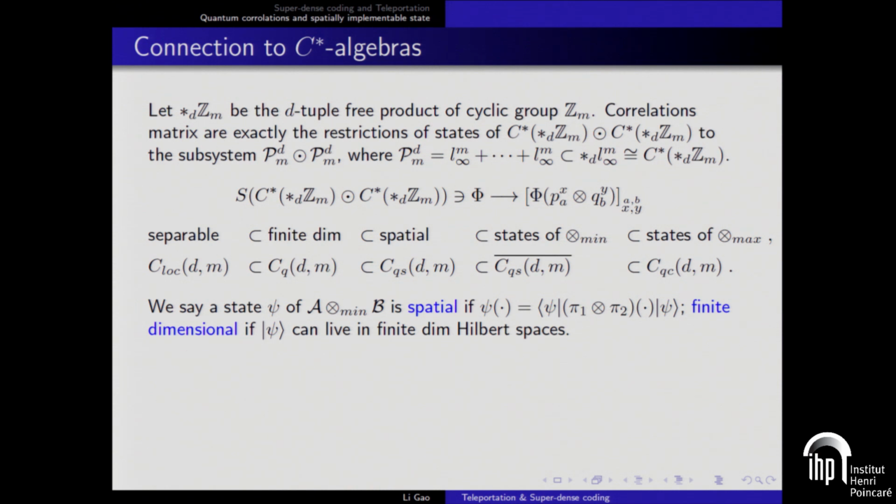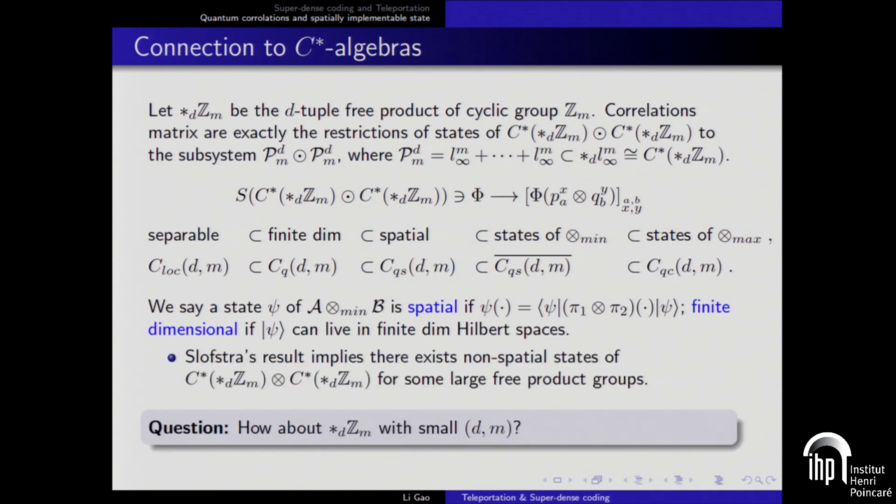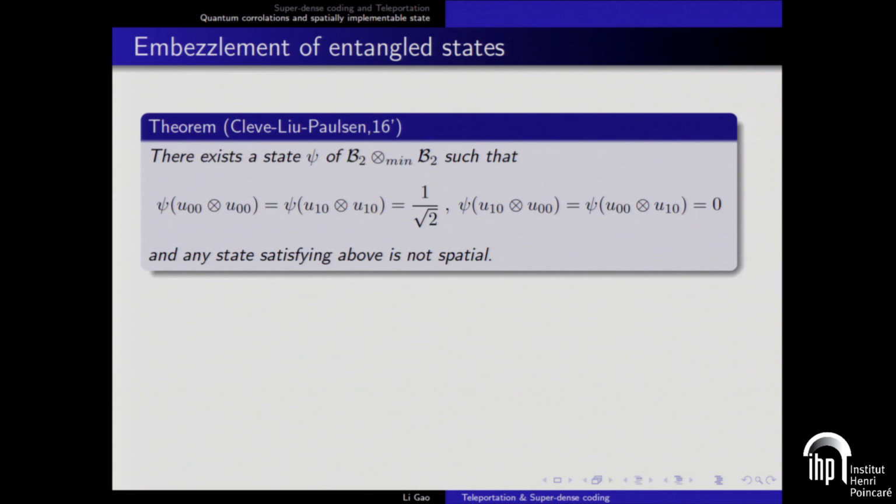So with this understanding, we can see that Slofstra's result implies there exist non-spatial states on these algebras with D large. And I'd like to consider the question: how about this phenomenon for small D and M? For that, I'd like to start with a parallel result by Cleve, Liu, and Paulsen, that they observe there's